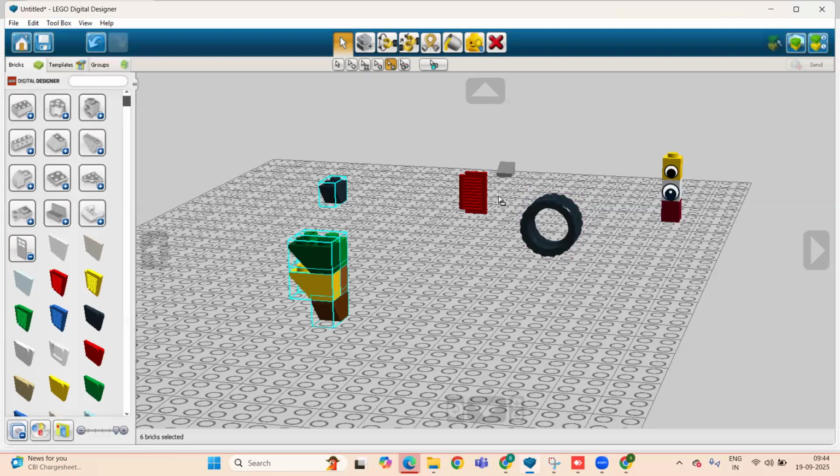Reason? Because they do not match this shape and I have selected this shape, so that's why. So this is the role of shape selection.